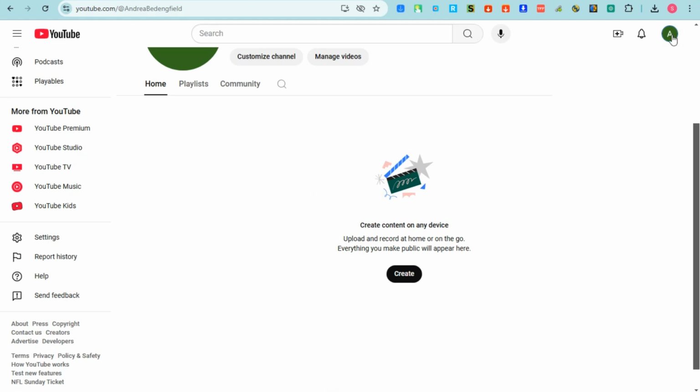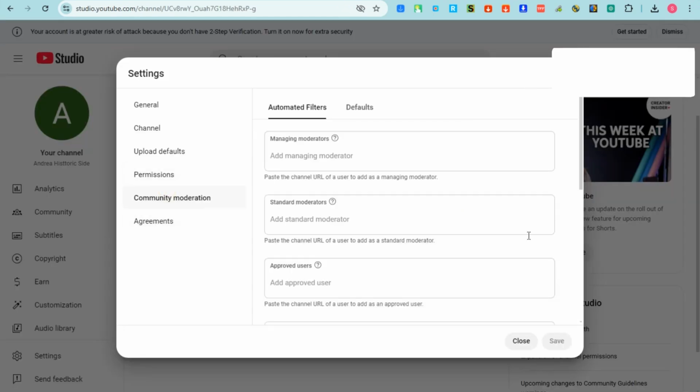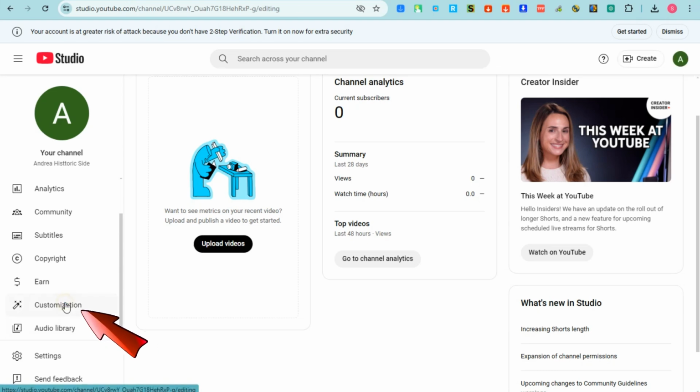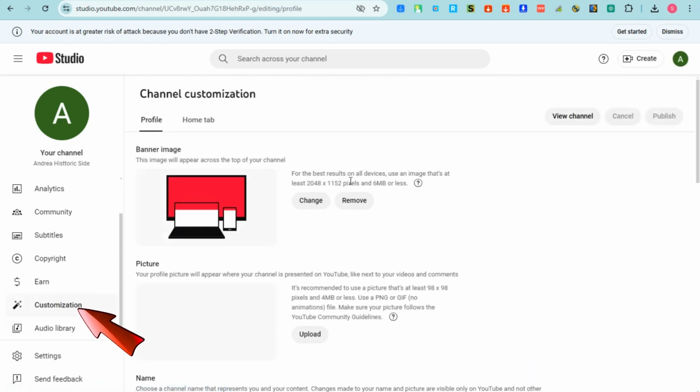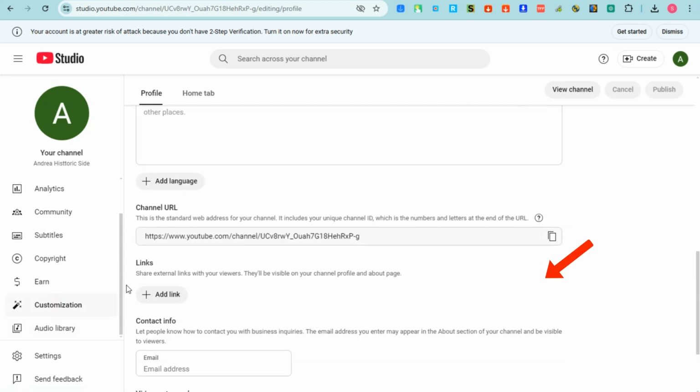So open your YouTube, go to your YouTube Studio. Now look for the customization option. So you have to go to the left side and then tap customization. Scroll down here till you see that link button or link option, and all you have to do is to